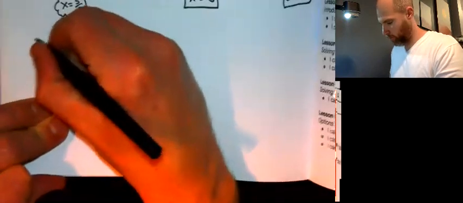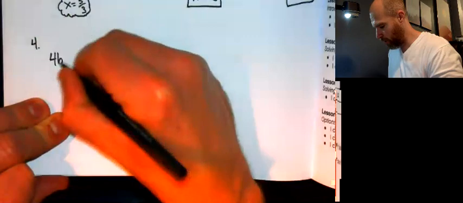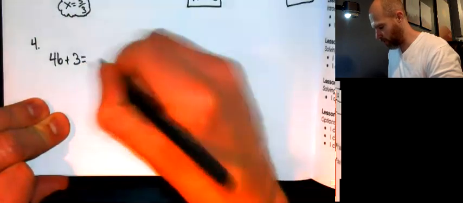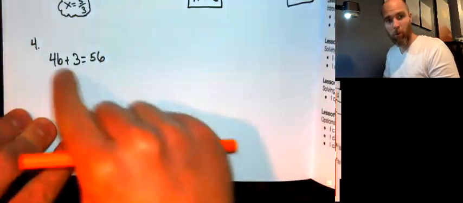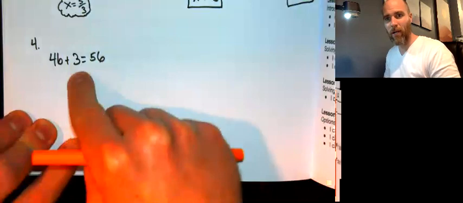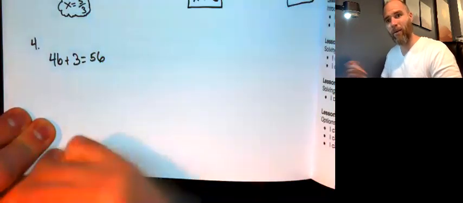So this will be number 4. And it's 4b plus 3 equals 56. All right, so I look at what operations are happening to my variable. It's being multiplied by 4. It's being added by 3. I'm going to use subtraction and division to get rid of those things, and I'm going to do it in